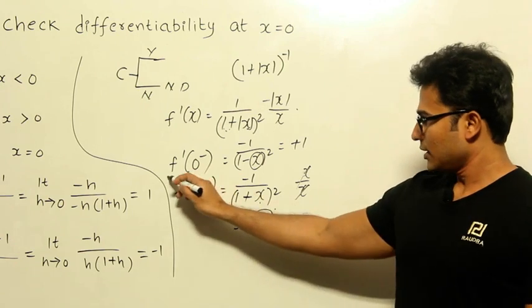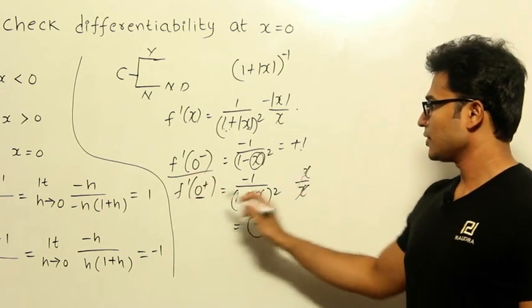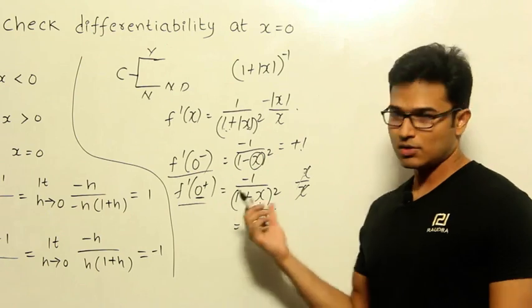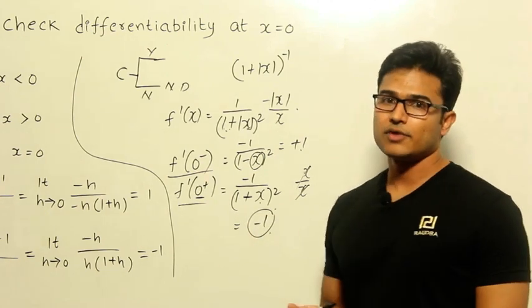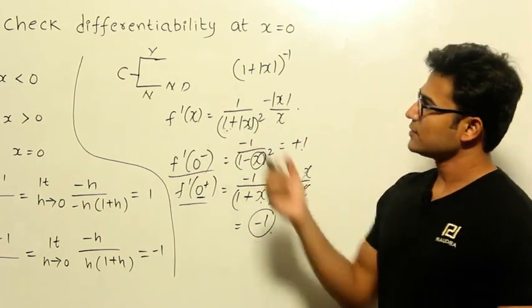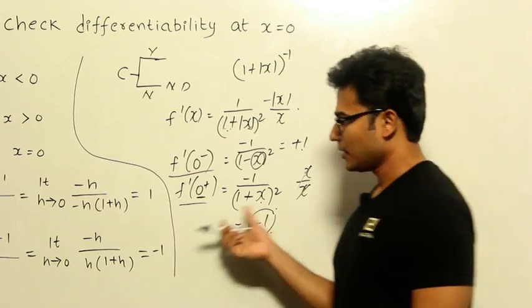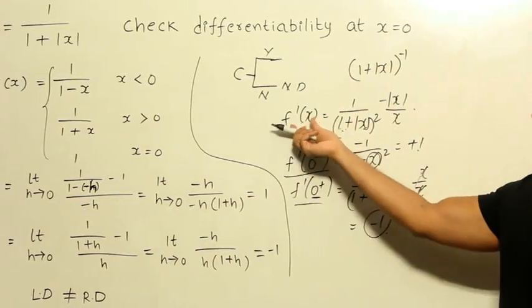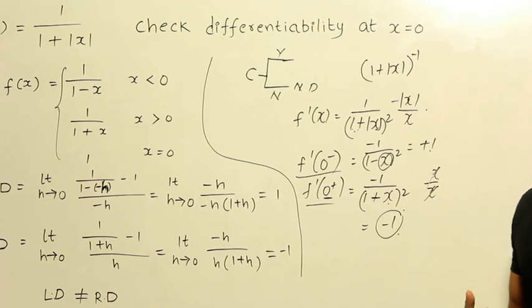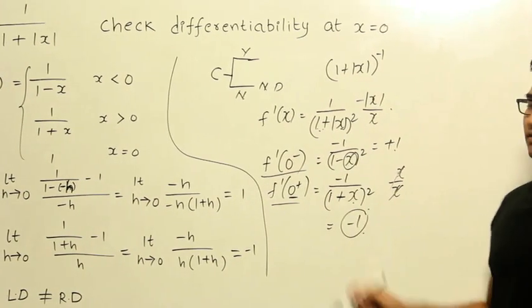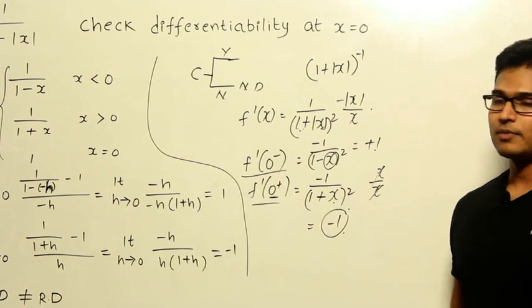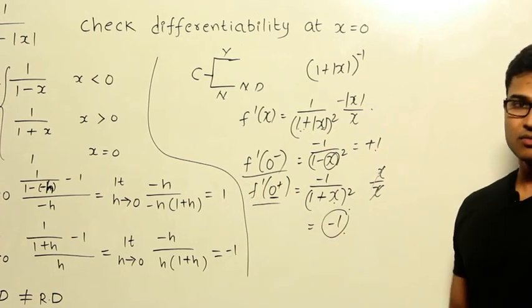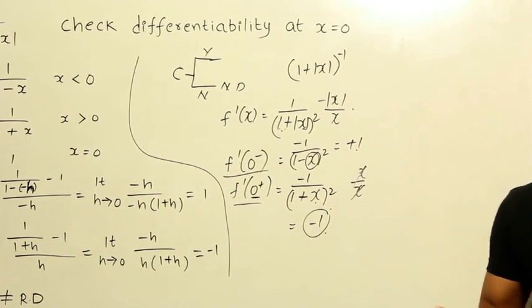Now we found out that the left derivative is plus 1 and the right derivative is minus 1. Here also you can say that it is not differentiable. See, in this case, it is better that you go with the other method, because finding out the derivative f dash of x is a bit difficult, and again you have to do this, right? So going with that method might be easy for this example. So based on the example, you can choose the method.